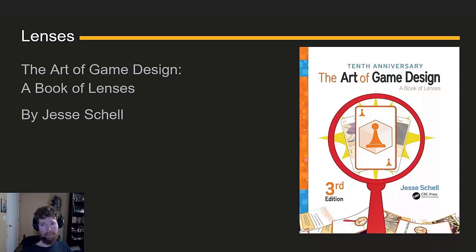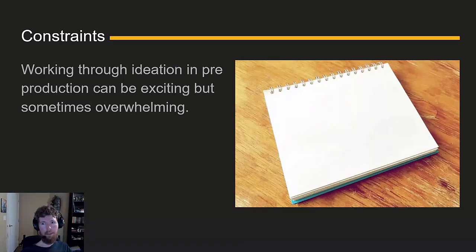Now, the next ingredient. I believe constraints foster creativity. By limiting the possibility space, it can guide you toward new and interesting design approaches. Coming up with a fresh design or mechanic can be daunting even at the best of times. So to help overcome that bone-chilling dread of a blank piece of paper, you can create artificial constraints.